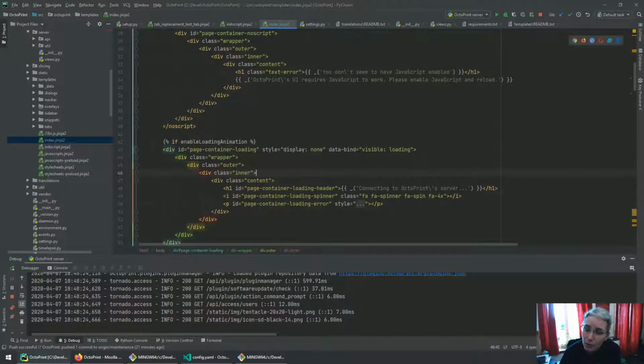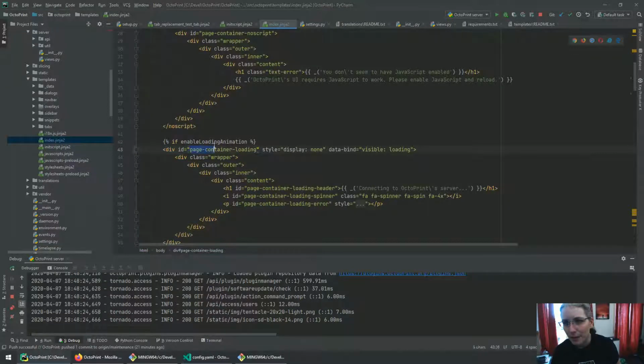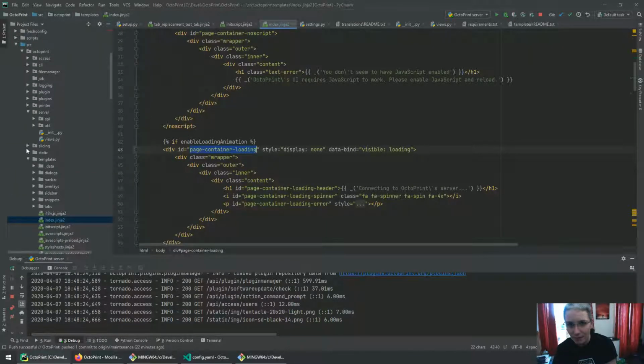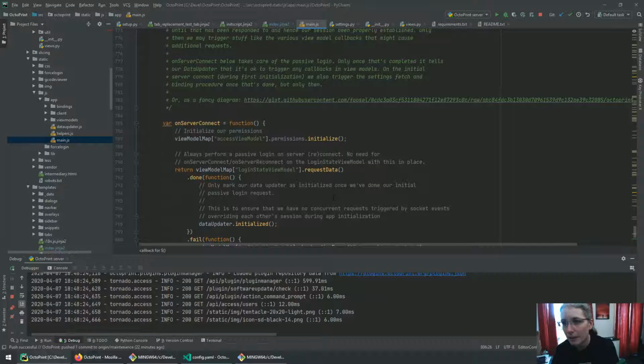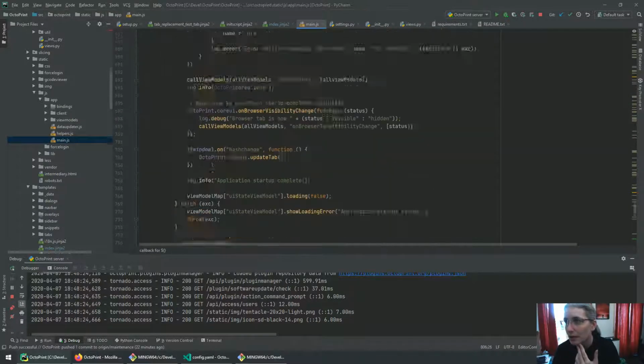So we want that to... Yeah, but I think we can. Give me a second. Now it's getting complicated, but we'll figure it out. So we need to go into the main JS file, which is actually firing up everything. And we need to